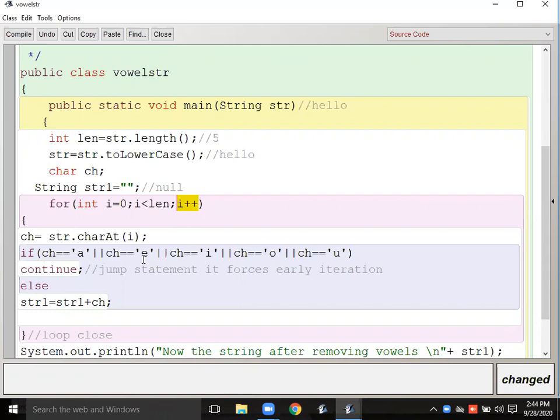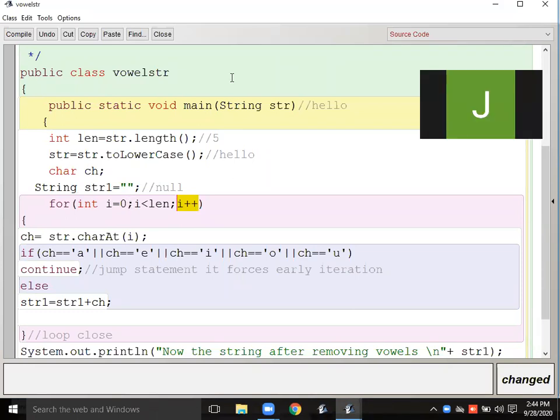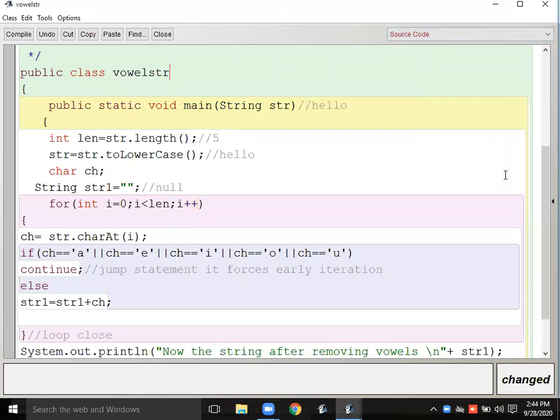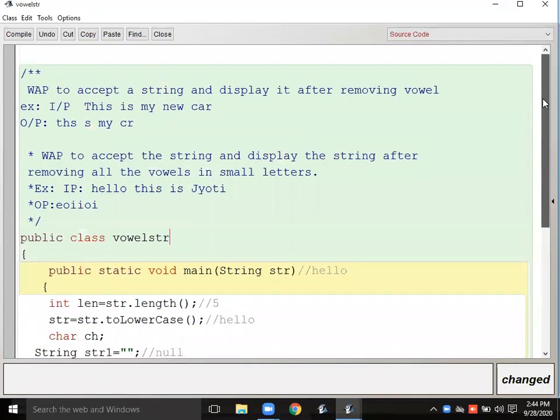So if the user is giving the same input which we have given in the example, this is my new car. This T is capital, right?